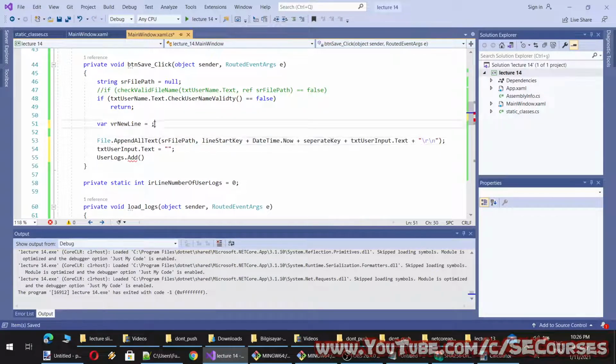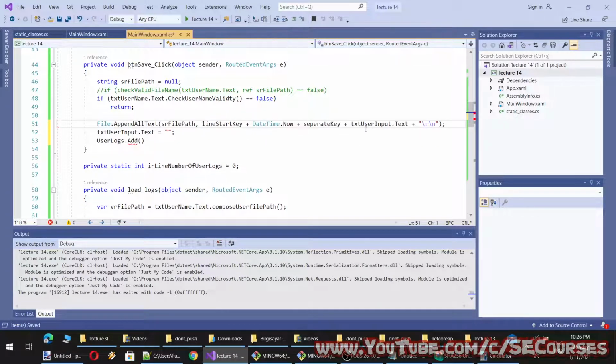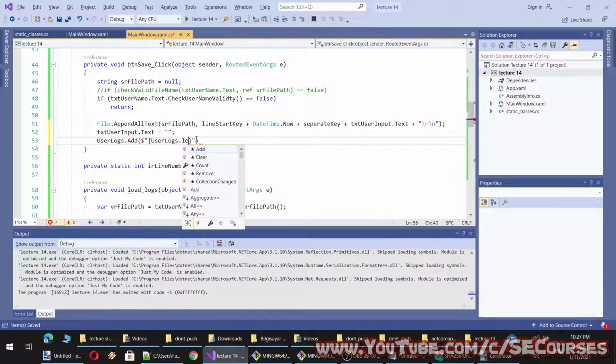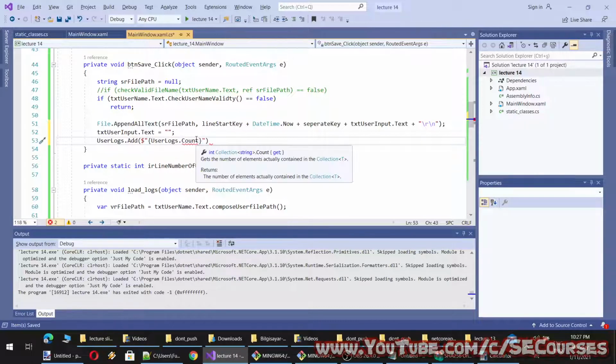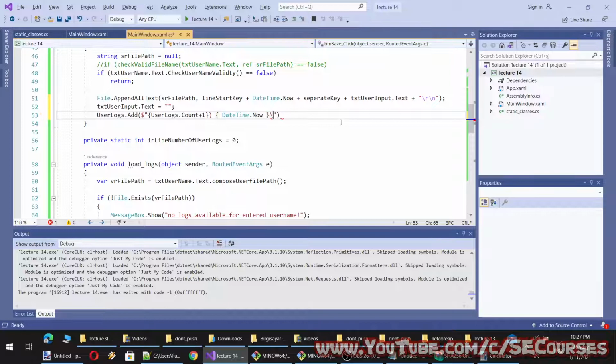Let's put it back. Simply I will add date time now, but before doing that, let me show you. First we need to calculate the new line number, which is the count of elements plus 1. Okay, then like this, and then we will add the date time, and after that we will add the user input.